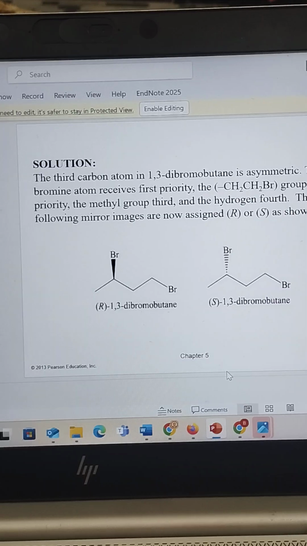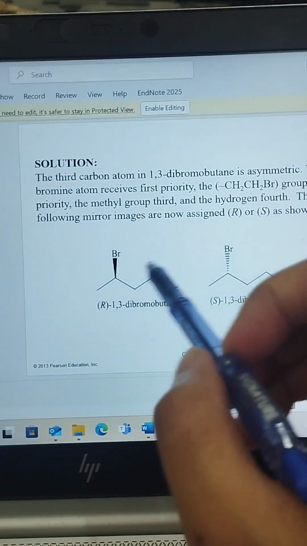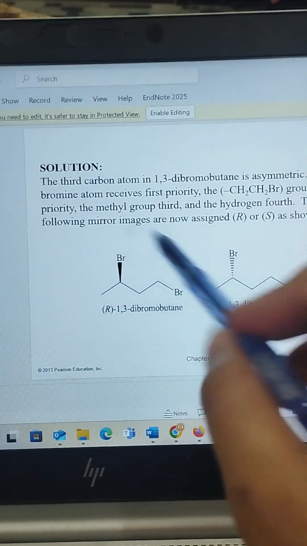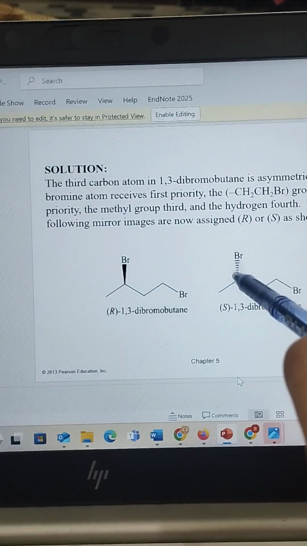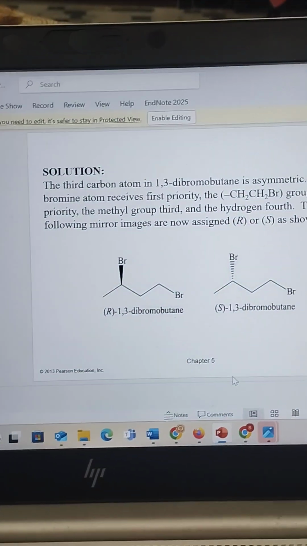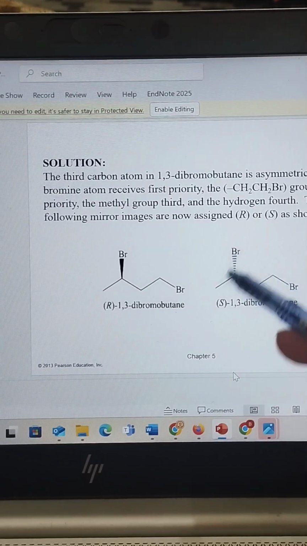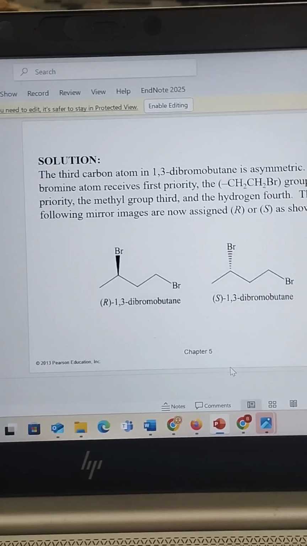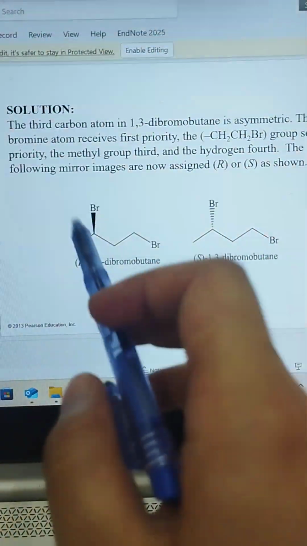So how will we draw its enantiomers? Simply, take the highest priority group, bromine, and attach it on the wedge. Like the wedge is indicating the backward direction of the atom. So just